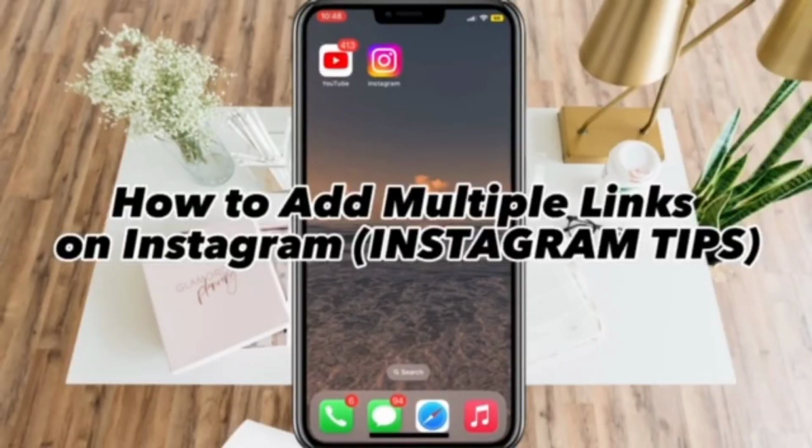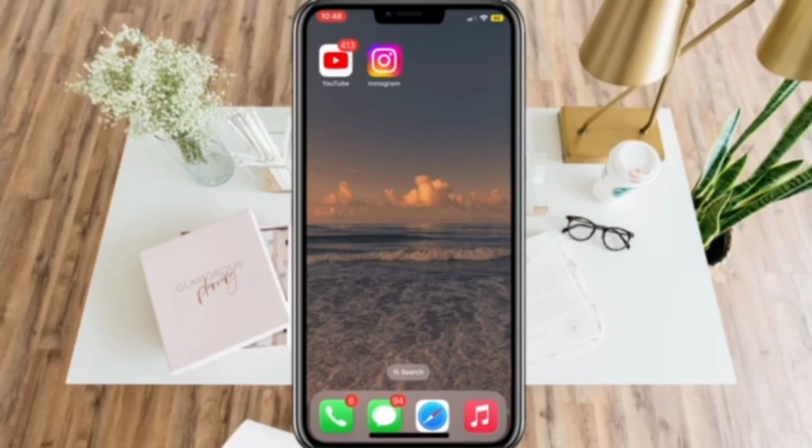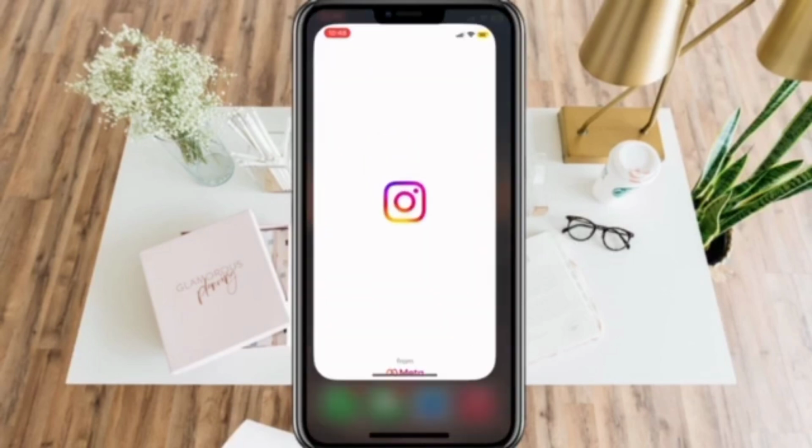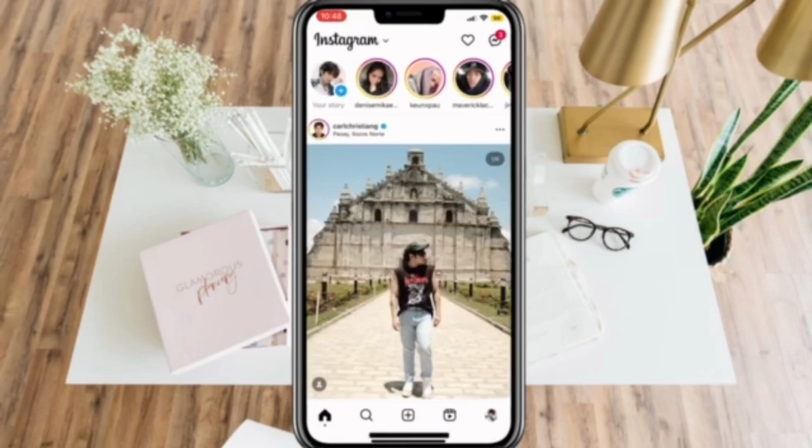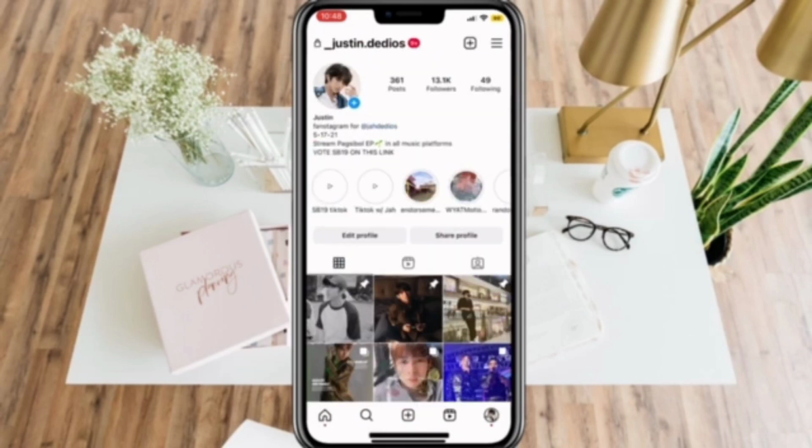How to add multiple links on Instagram. Of course, first let's open your Instagram app and go to your profile on the lower right corner of your screen. Now click Edit Profile,